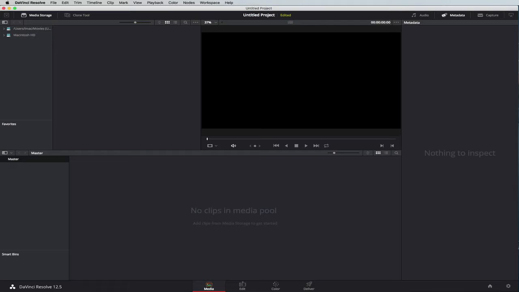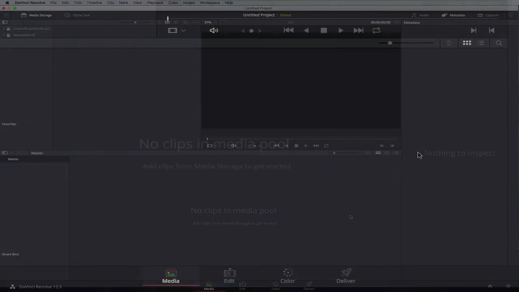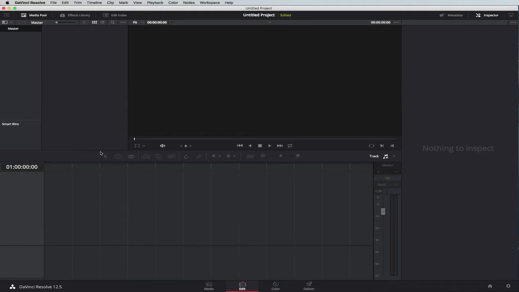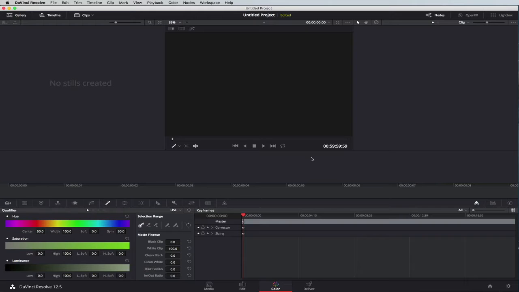To begin with, we open up DaVinci Resolve, and this is what you'll see once you select a blank project. Down the bottom here are our four main areas where we import the media, we edit the media, we can edit the separate media tracks, and then we deliver it. Our editing workspace looks like this, a color workspace looks like this, and in this area what we're going to do in this tutorial is key out some colors on some particular footage so that it transparently sits on